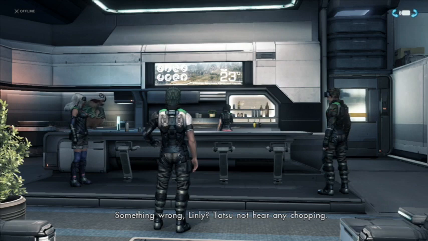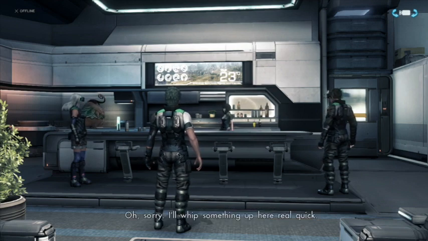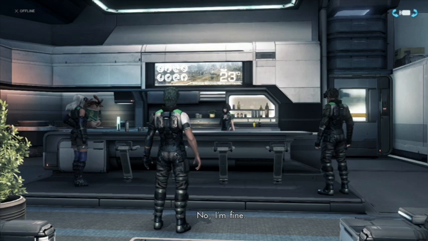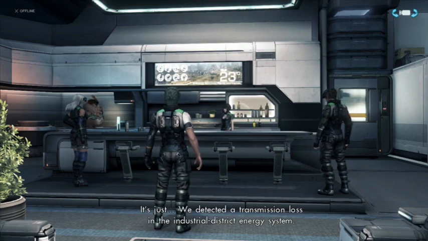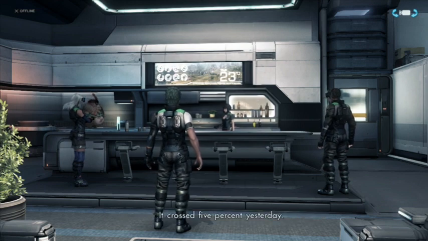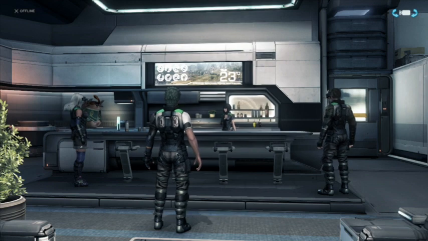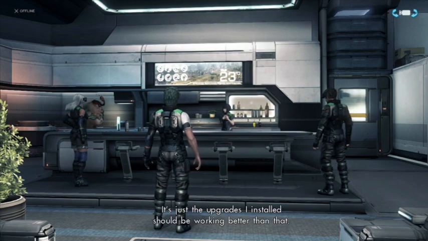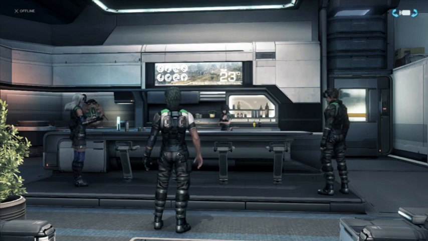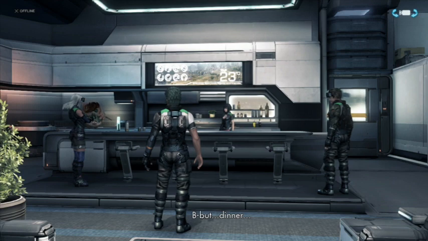Something wrong, Linley? Tatsu not hear any chopping. And Tatsu is dying of hunger. Linley doesn't want to be murderer, does Linley? Oh, sorry. I'll whip something up here real quick. He's right, Lynn. You seem a little off today. No, I'm fine. It's just... we detected a transmission loss in the Industrial District energy system. You repaired that before, right? How much of a loss? It crossed 5% yesterday. That sounds well within safety tolerances. Yeah, it is. It's not that so much. It's just... the upgrades I installed should be working better than that. It should have been a year till we detected any loss whatsoever. Ah, so it's a mechanic's pride, is it? Sounds like a worthy mission. Why don't we go run some diagnostics? Right. But dinner...